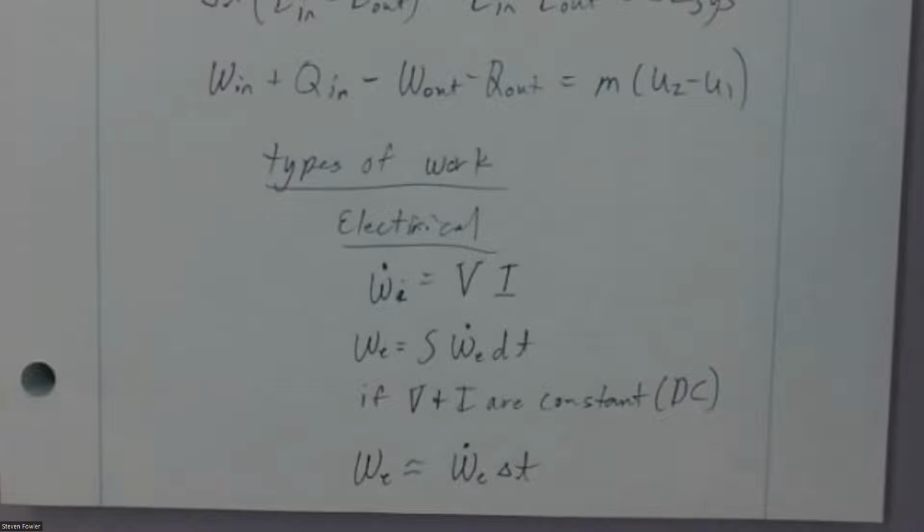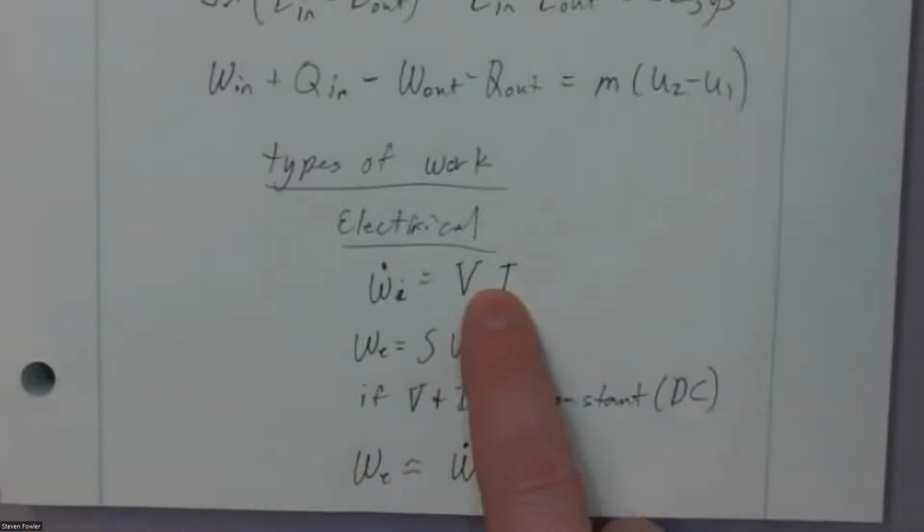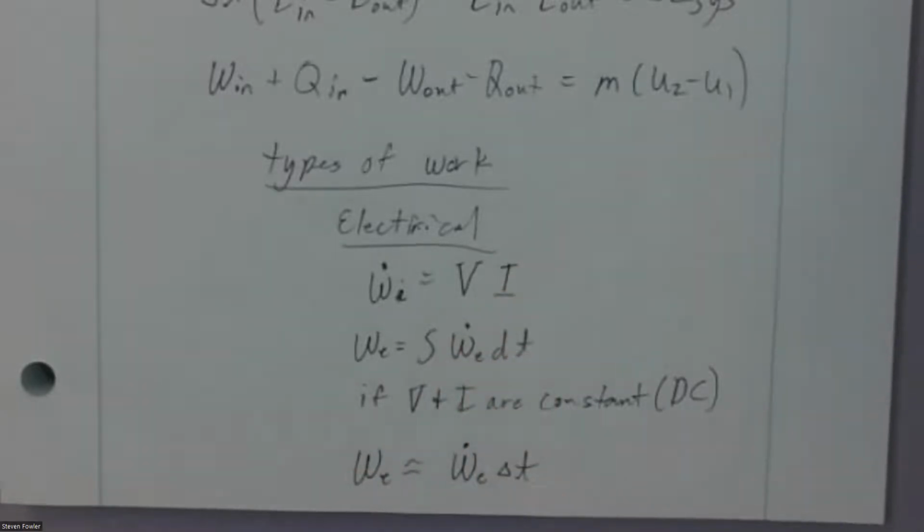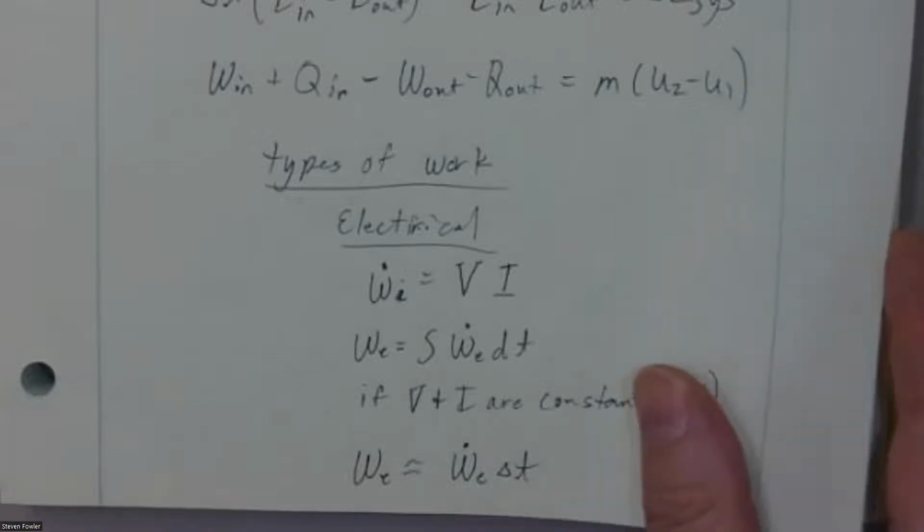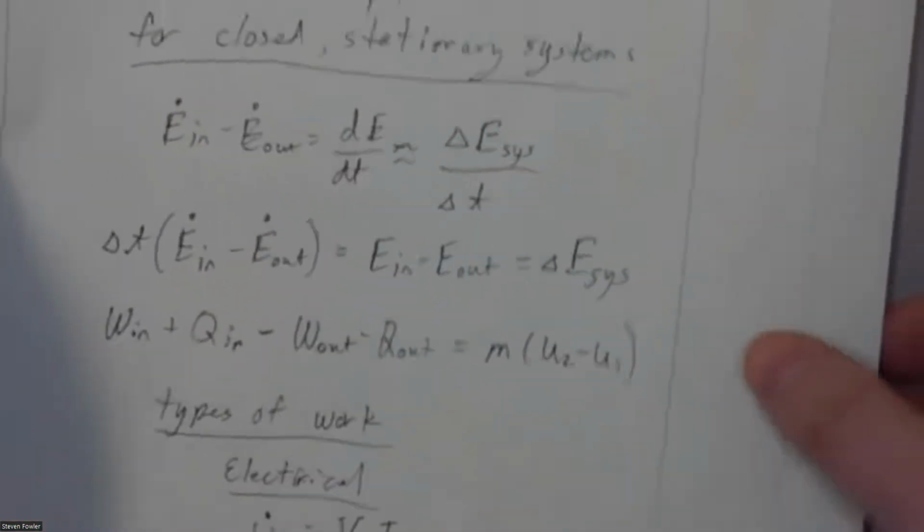Here's a voltage, here's a current. Given this power, figure out how much energy goes in the system, something like that. Or given the energy, figure out the voltage and current over a particular time period. We've seen some variety of that throughout the semester. So that's one type of work that we can encounter. What's another type of work we can encounter? Well,